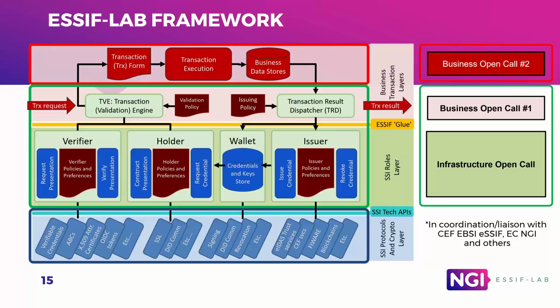Then the big middle layer, you recognize it all with verifier, holder, wallet, issuer. And the reason that we are showing this in a single picture is this is actually an architectural model of an SSI agent. And the idea in our concept is that in every business transaction, you have mutual verifications. So is the web shop genuine? Is the employee genuine, etc.? So you have mutual verifications, which means that each agent should have both holder and verifier functionality.